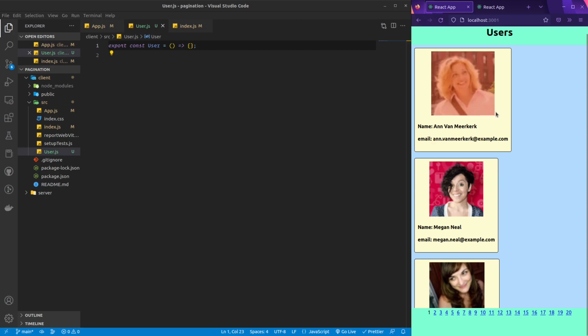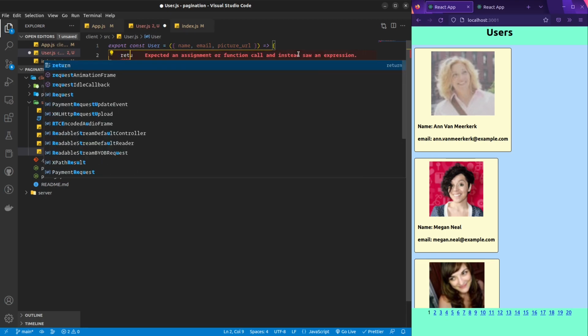This picture is just an image tag with a source as the picture URL, which we are returning in the API. So I'm going to put these parameters here. These will be the arguments for our component, and it will be returning